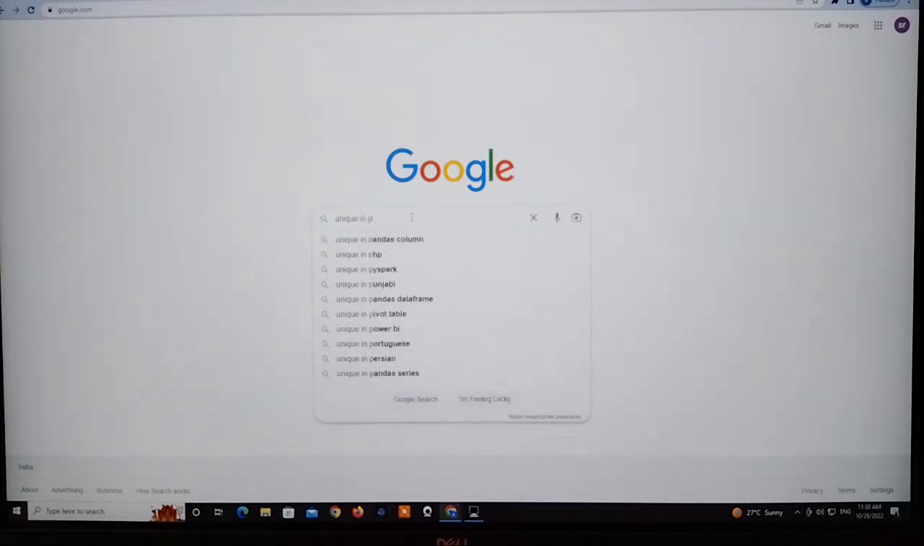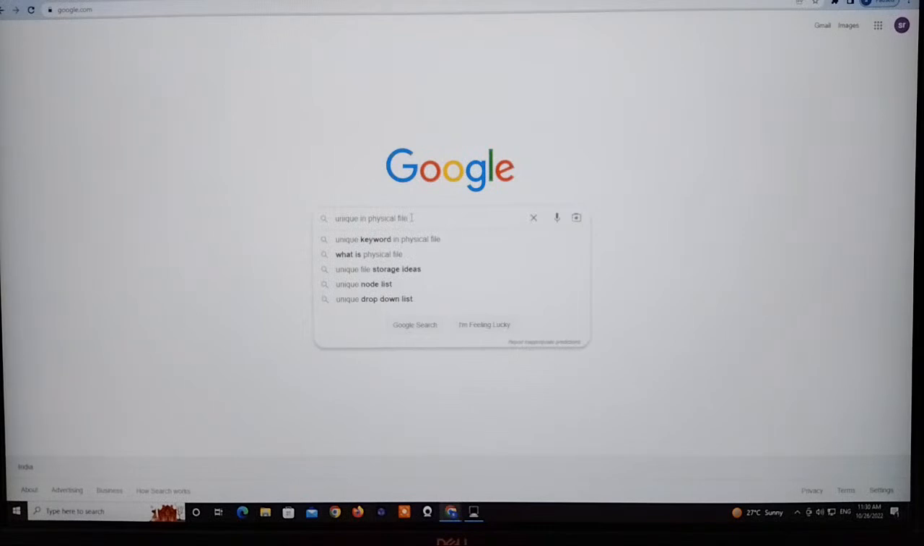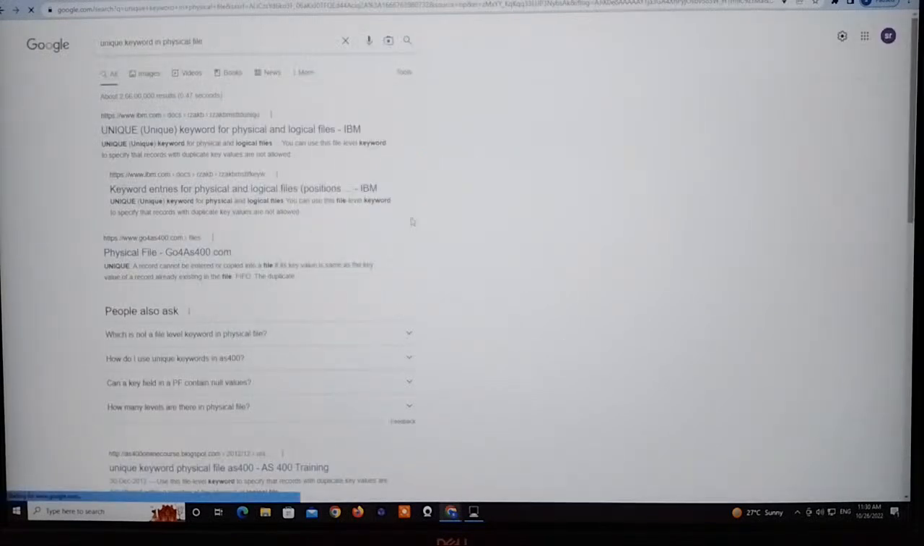Unique in physical file. Unique keyword in physical file. Okay,